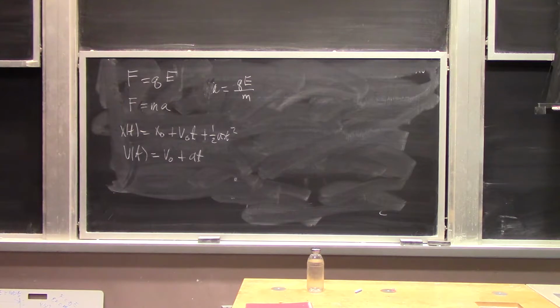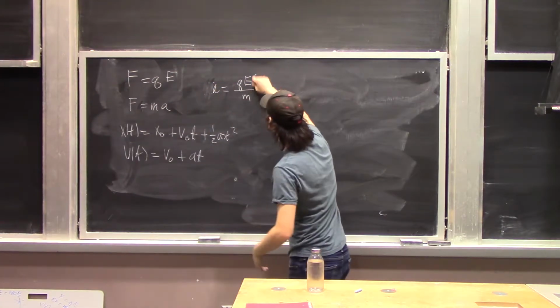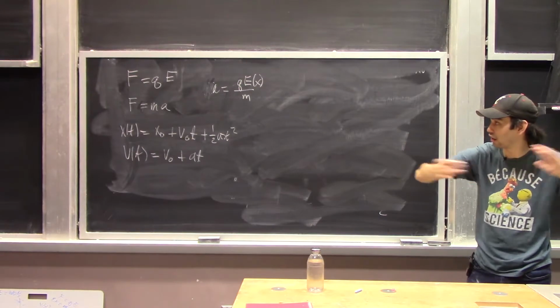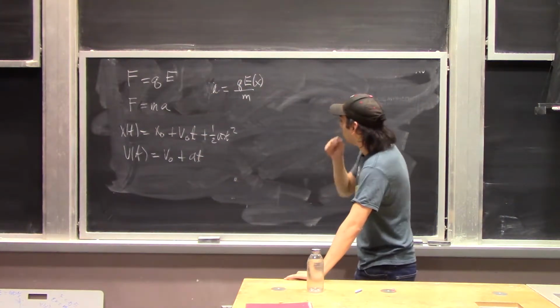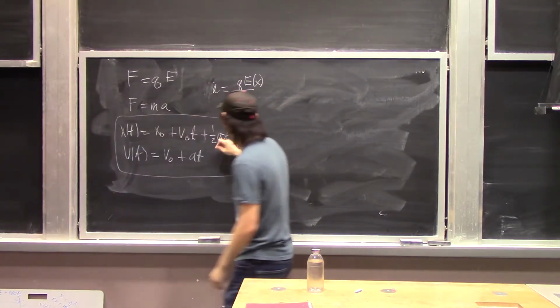Because if I'm this distance, or this distance, or this distance, I have a different electric field. So this electric field is really some function of the distance. It varies depending on how far I've gone, which means that the acceleration varies with distance. And in order to apply these kinematic equations, we actually need